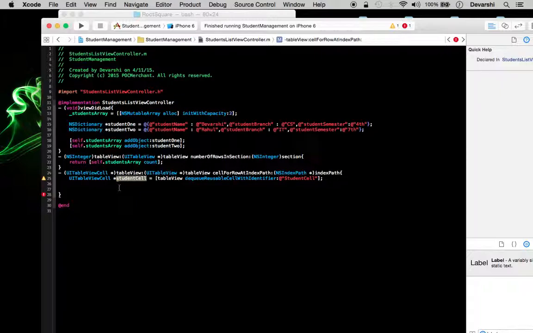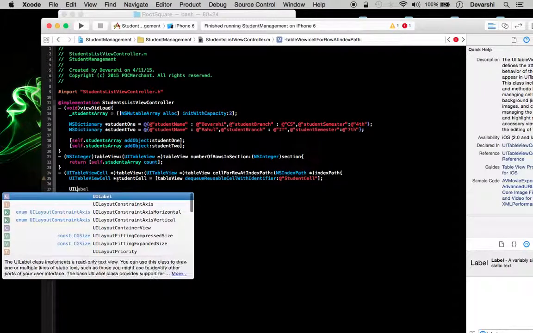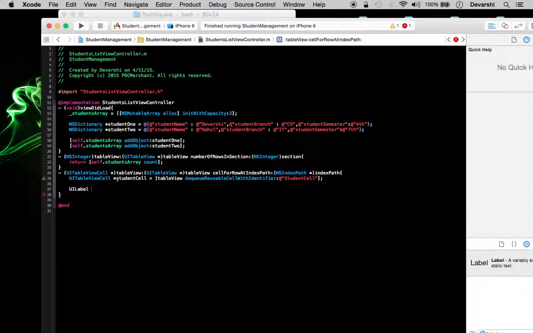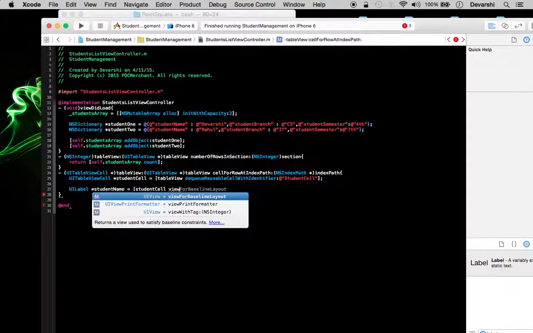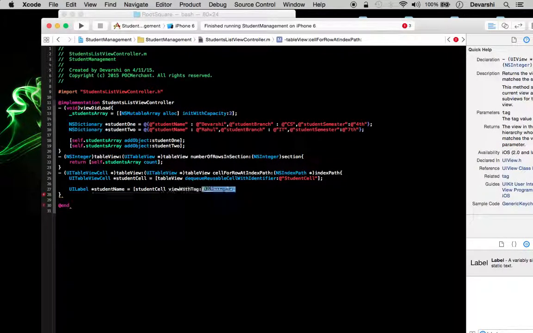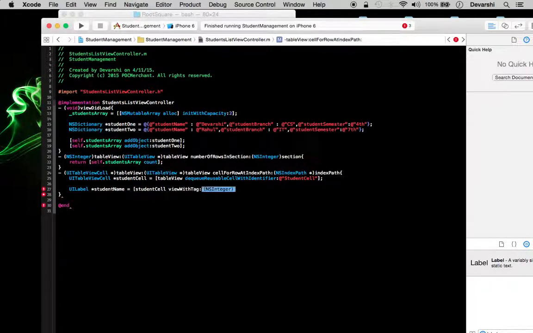Now we want the reference for the labels, so let me declare a label as student name, and then I will pick this student cell and will invoke viewWithTag method on this. So we remember that tag for student name is 201.